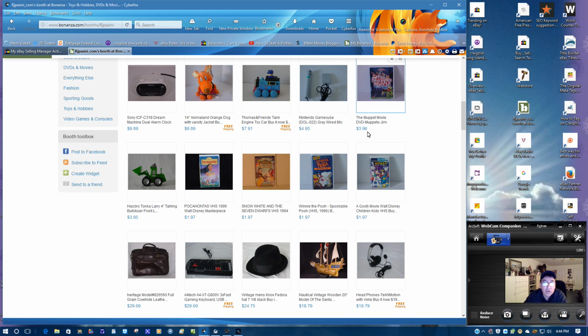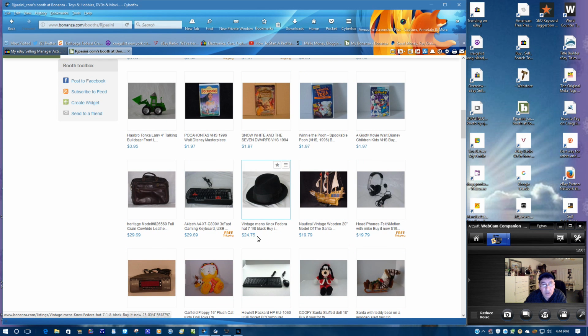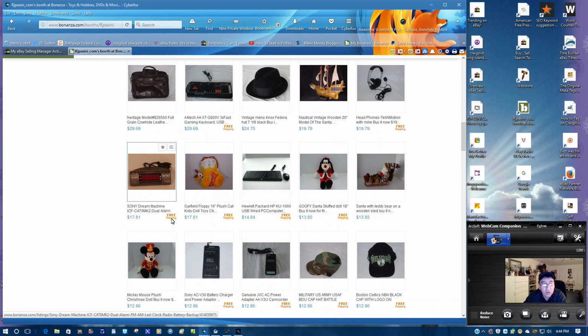So they dropped it by 4 cents, whatever. That's okay. I have no problem with that. I think I have this for $7.99. They dropped it to $7.91. That's okay. But you see, this is how it works with them. And the hat, remember the hat I had? If you've seen it in there, it's for $25. They dropped it to $24.75. I know I have this on eBay, I think it's $19.99. They got it for $19.79. When they were importing, that's probably in the stipulation, that they do a little deduction in price,